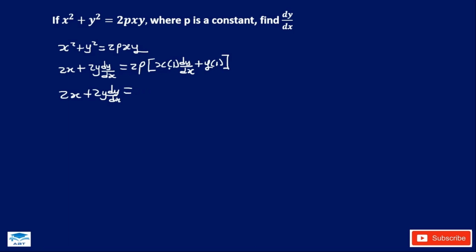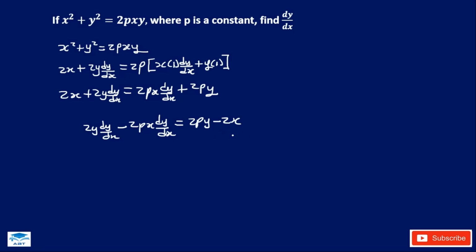We have 2px dy/dx here plus 2py. So we are going to make dy/dx the subject. So let's bring this dy/dx to this side of the equation. We have 2y dy/dx minus 2px dy/dx is equal to, we have 2py here, so we bring this